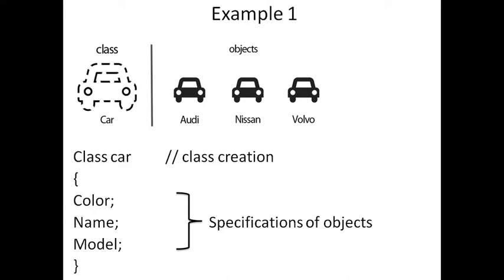Then, this is an example for you. In this example, suppose a car is there. This is a class and these are the objects of this particular class. This class is a structure where we can define the variables and methods to utilize the objects. And these are the objects. Here the variables and methods are utilized by them. These are the examples of classes and objects.